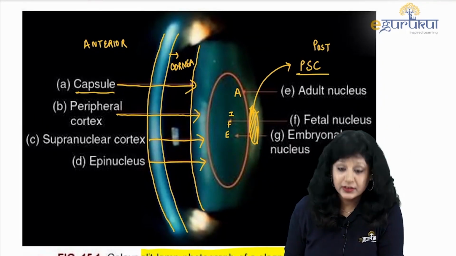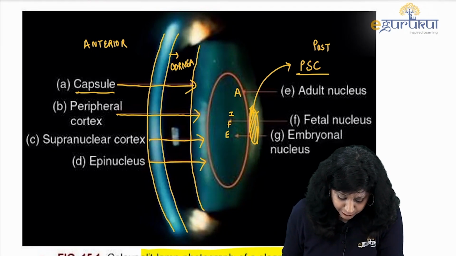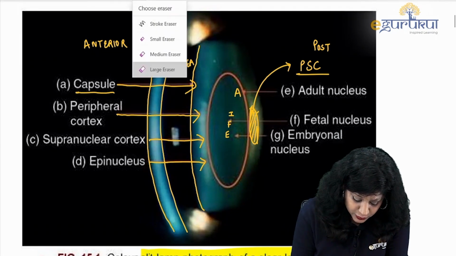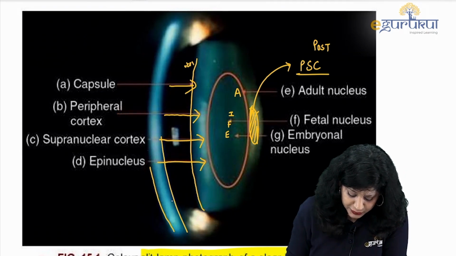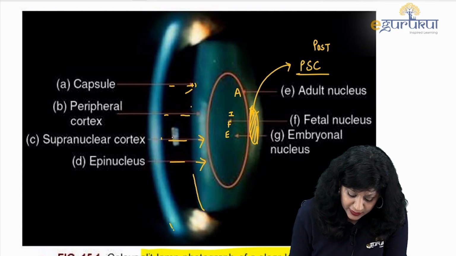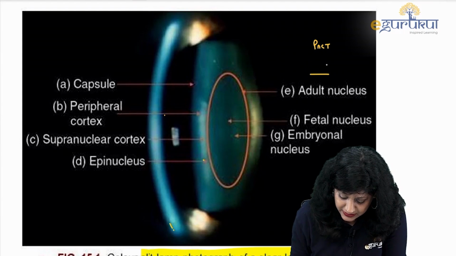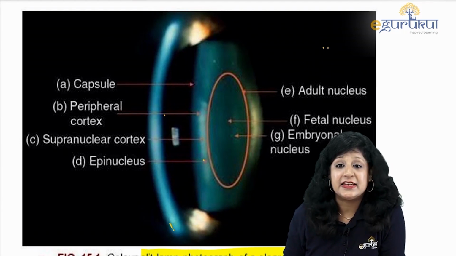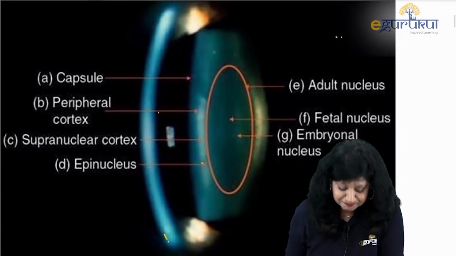this is the slit lamp photograph. If you see, we have got a slit lamp photograph, and I would like to show you how to analyze this slit lamp photograph, because many times I get this query also: how will I get to know what is the anterior side and what is the posterior side. So see, first of all, this is your slit lamp